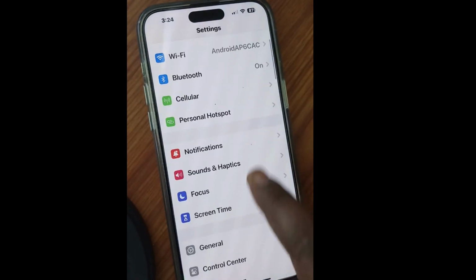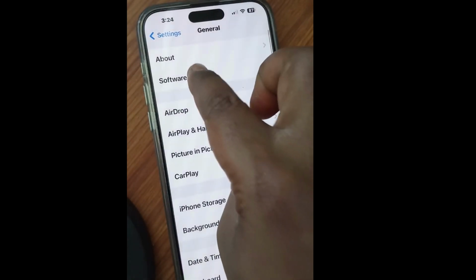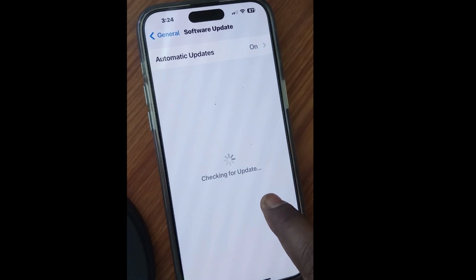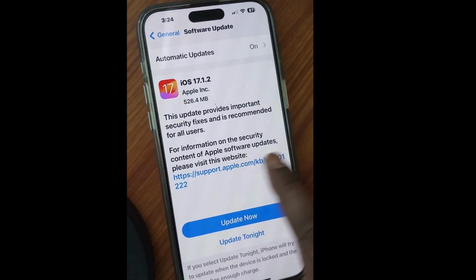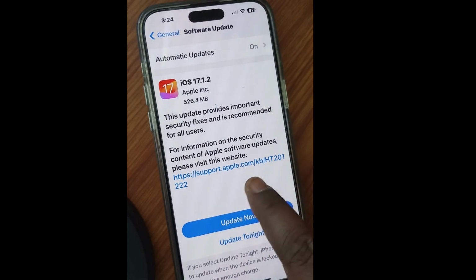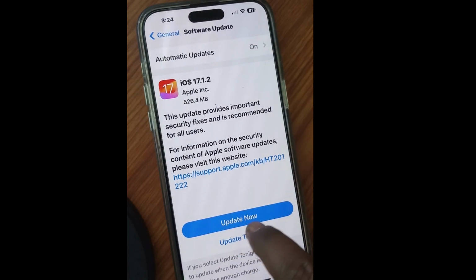If it is still blinking, then go to Settings, General settings, and Software Update. If you find any update available, simply download it. Sometimes an outdated iOS version may be a cause of camera blinking on your iPhone, so you must install iOS